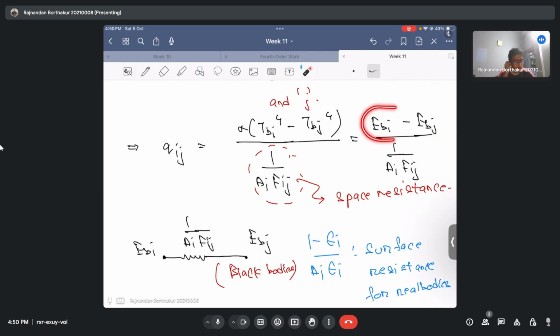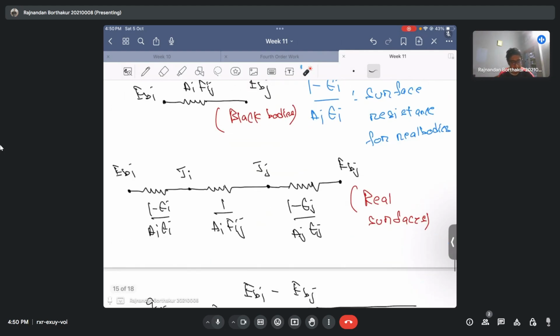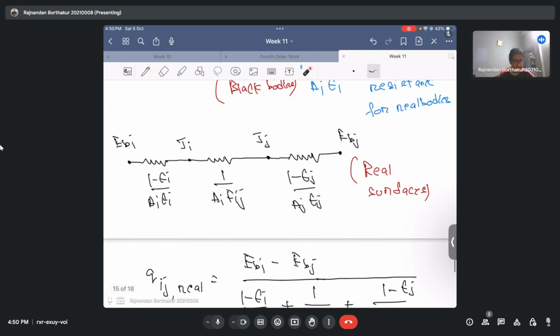Now, of course, you can always relate this to the temperature using the Stefan-Boltzmann law for black bodies. And for real bodies, we saw the radiosities, and there is a resistance actually for real bodies. There is a resistance in the surface itself, and that's why this resistance is known as surface resistance. That resistance was no longer present in case of black bodies, but because it's a real body, due to its own emissivity, there is a resistance in the surface itself, and you can prove that this resistance, just by using the relationship between your radiosity and the emissive power that we saw some classes back. You can prove that the surface resistance is indeed (1 - epsilon_i)/(A_i epsilon_i),